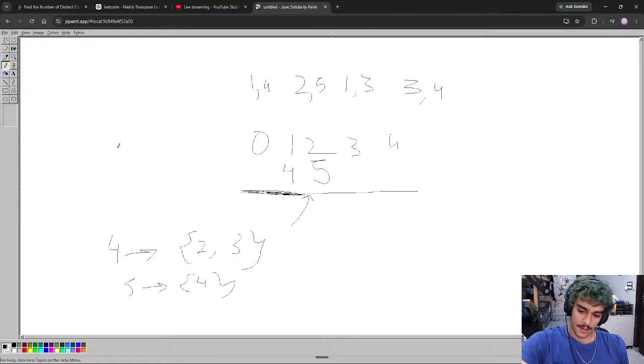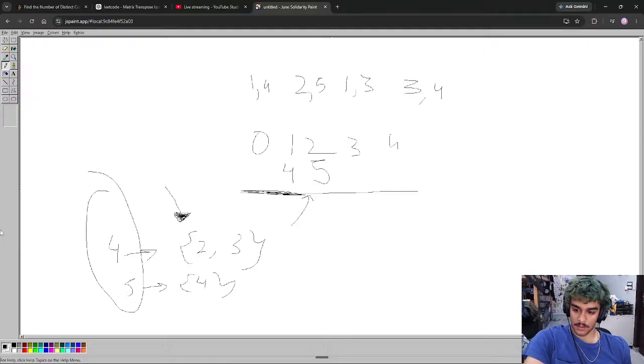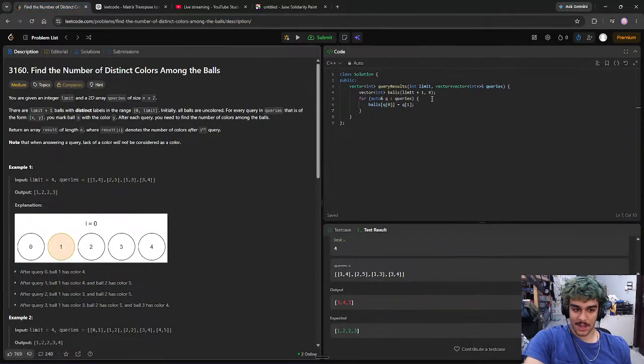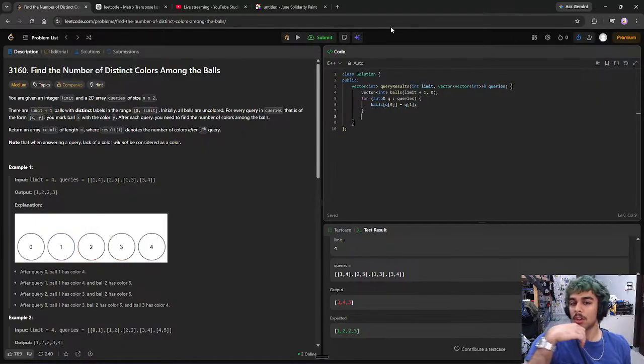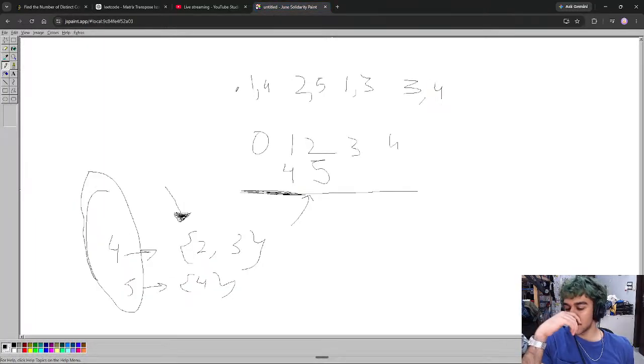Anyways, so yeah, this is good. So whichever color here does not have an empty set, you can just return the number of colors. Yeah, I think that's kind of the thing that we're going for. Okay, so we do have the balls. And now what we do is I'm